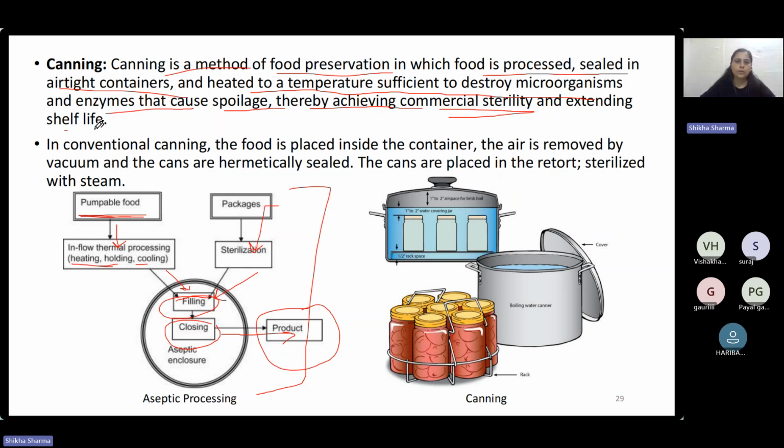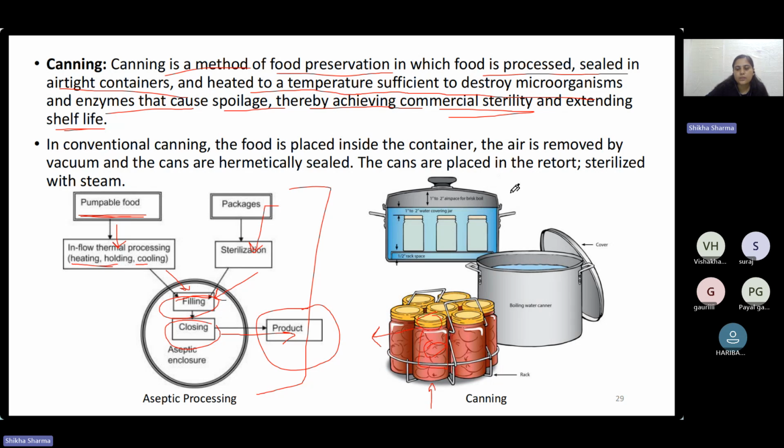So in this also the product is sterilized. So what happens first? The product is filled into some kind of jars or tin cans, and then air will be removed, and the container will be hermetically sealed or tightly sealed. Only then will it be heated